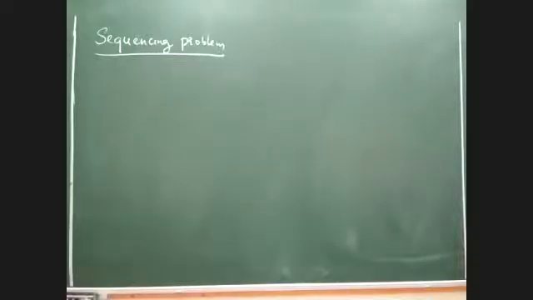I want everyone to please understand the question, understand the structure of the question first, and then we'll try to explain how to solve this problem. Okay, let me read the question for you. Question number 1. 5 jobs are supposed to be processed by 2 machines, A and B, in the order AB. The processing times for the various jobs for the 2 machines are given below. They've given totally 5 jobs, and they've given the processing time of machine A and machine B.